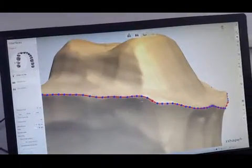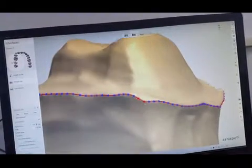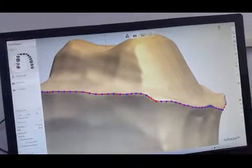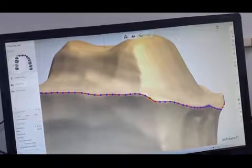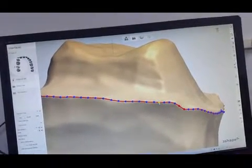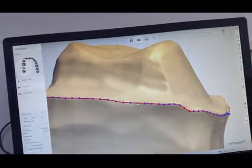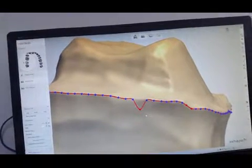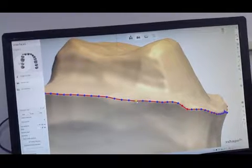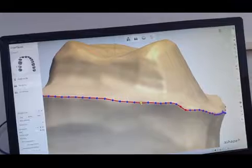When the dot turns red, it doesn't necessarily mean it's a bad thing. It's just telling me that it dropped below the curve of the margin, or there is maybe an undercut or something. So unless it's way below, for example, if I go right here, then we know that's wrong. But if it's just below right here, well, this is a little too much, but